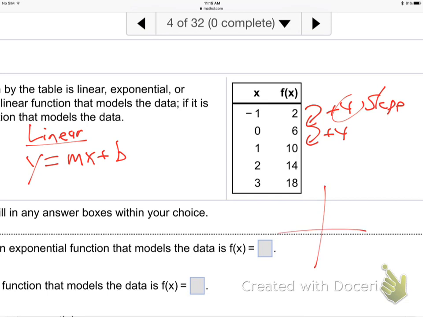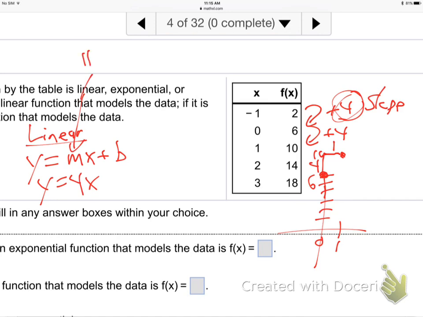If we graph this, that means over 0 up 6, over 1 up 10. See, that means the rise, it goes up 4 over 1. That's what that means. That's the slope. So right there, that m is the number added each time, plus